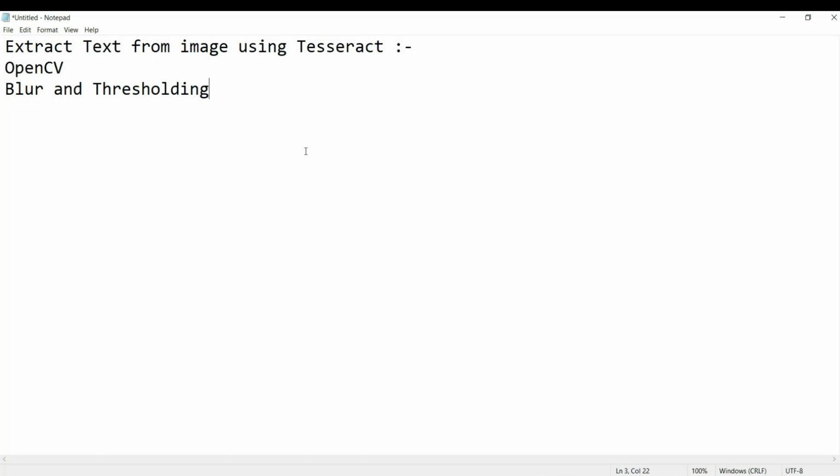So whenever we want to extract text from image, it is quite difficult. We either write manually or we use Google Lens through which we can extract it. But guys, wait a minute. We are going to tell you how you can implement your own program. You don't need any Google Lens, don't need any third-party software. You can simply extract text from image using your own program.